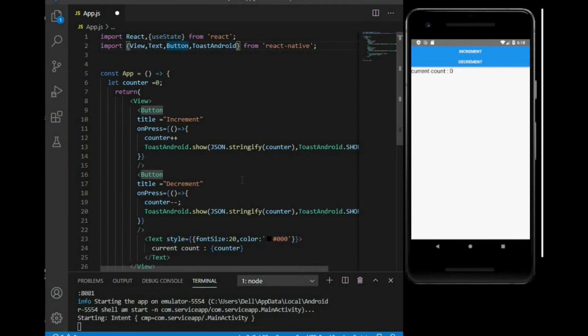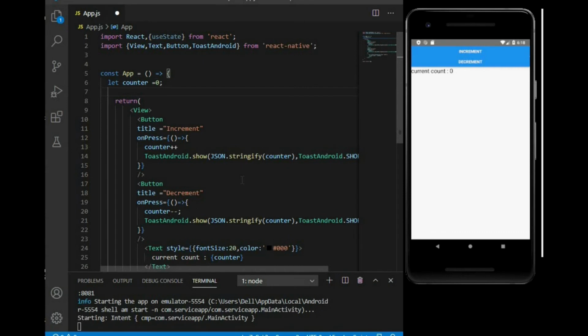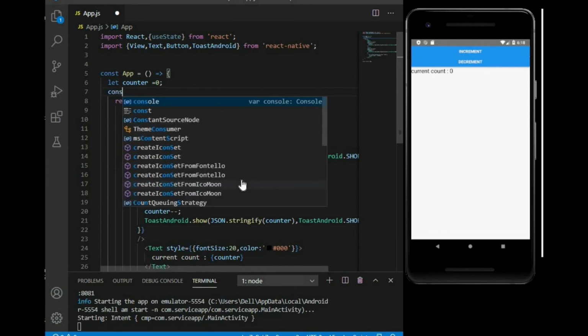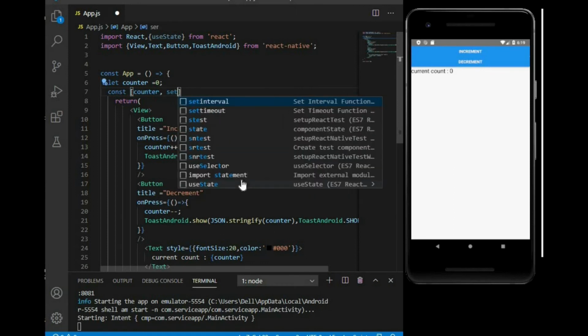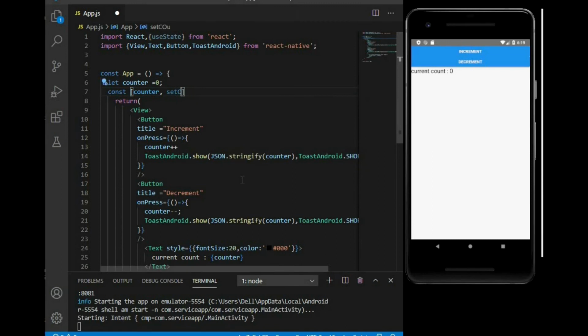So the declaration of the useState hook is we write const, and inside the brackets the state in which we are storing the value. In this example, we have the counter state, and the second argument is a function that we are going to use to change the state. Remember, we cannot change the state directly, so to change the state we always need a function.